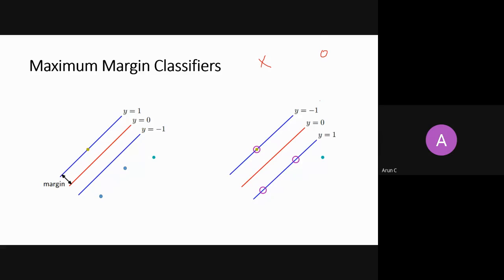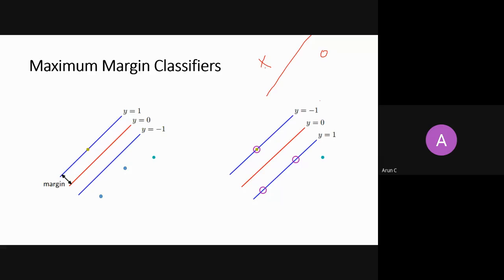I will be a bit quick on this, because I have discussed this hyperplane concept so many times in perceptron and logistic regression. So I assume that you have a good understanding of what a hyperplane is. Now I will find a hyperplane. This is one of the hyperplanes, right? Which can give me a solution with 100% accuracy.